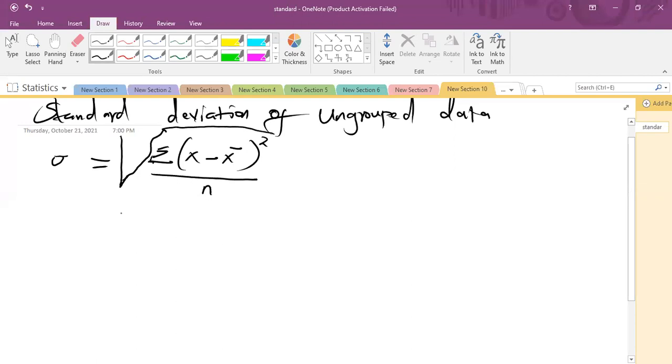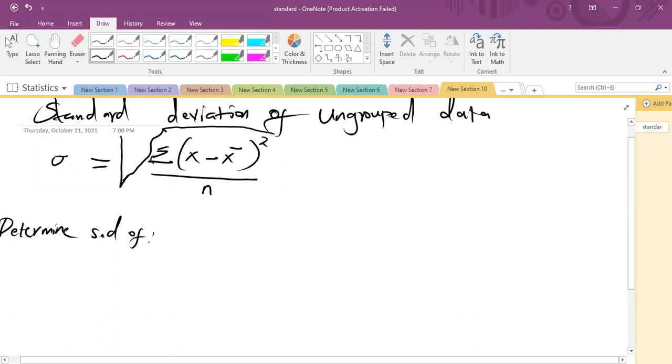Now, the best way to actually do it and explain it is through an example. So let's say you're told to determine the standard deviation of the data set: 5, 6, 8, 4, 10, 3. So what's going to be the standard deviation of this? Now, as you can see here, it is given as x minus x bar. X bar basically